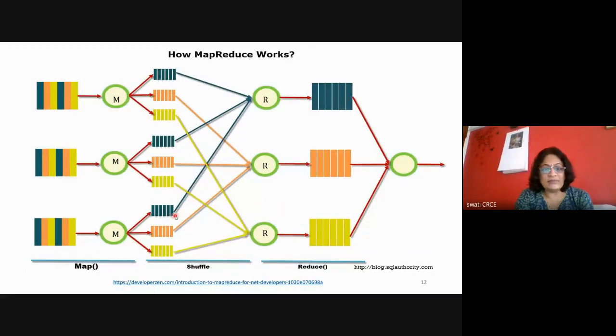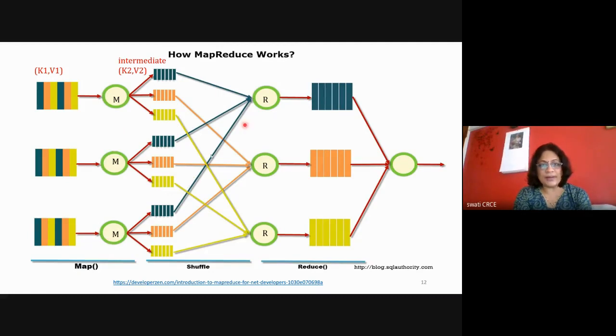This is a diagram which shows you the mapper and reducer function. Mapper is working here. What you have to remember here is that the key and value is the input to the mapper. The mapper's output is the intermediate key value pair. Those intermediate key value pairs are shuffled, like here blue color keys are generated at 3 different places by 3 different mappers.